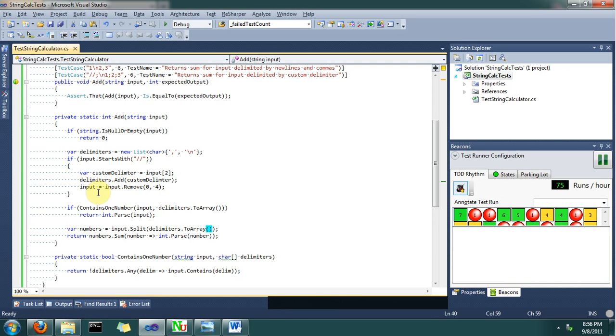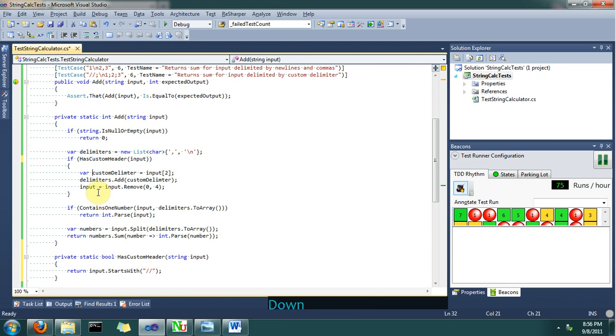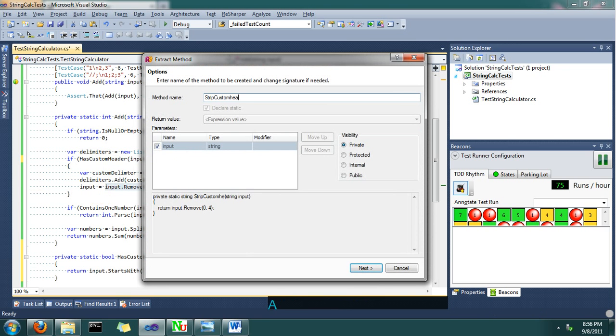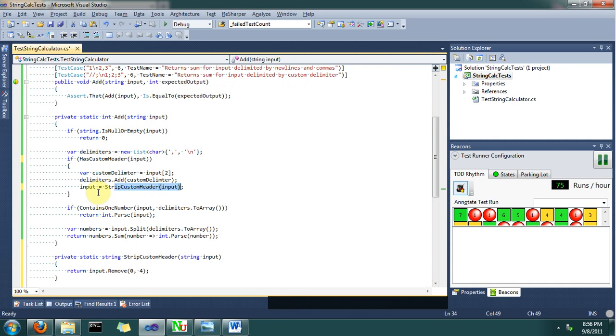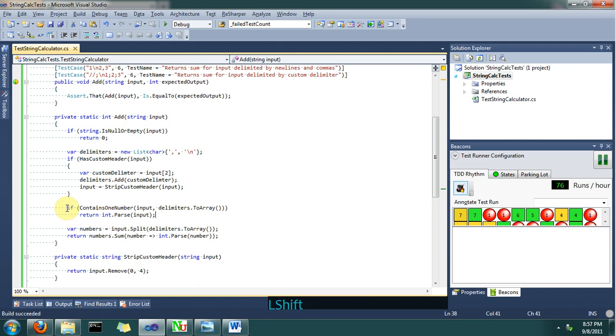So refactoring time. This block here is actually has custom header, and this part here is with custom header. Build it, and it proceeds. Now we have to pass delimiters twice here, and it looks like we actually may not be